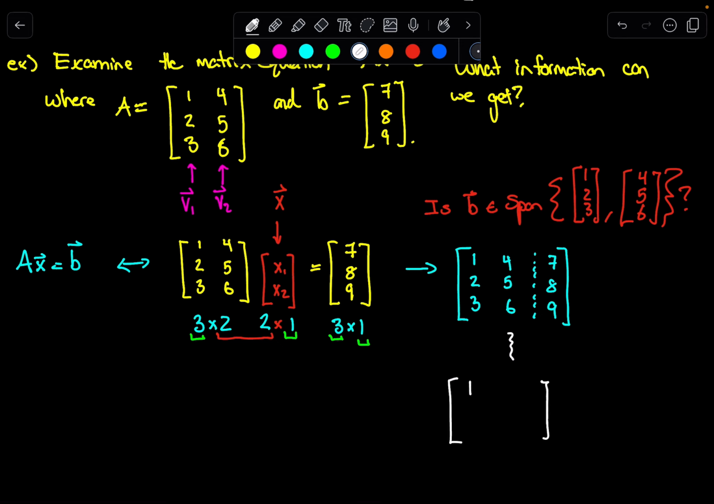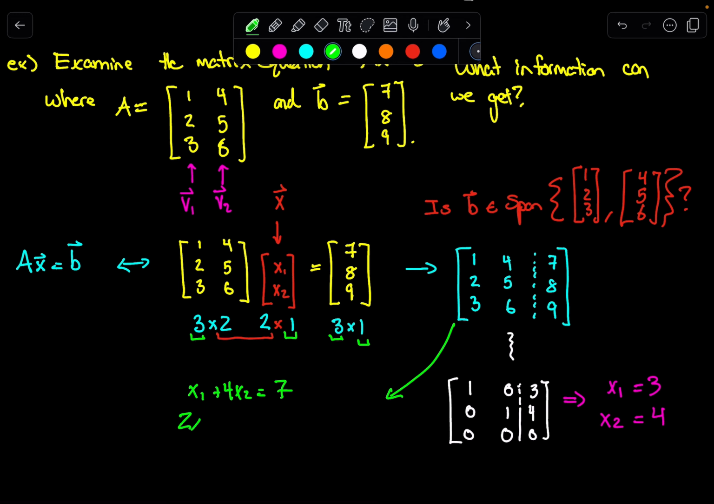We get 1, 0, 0, 0, 1, 0, and then for the right part, we're going to get 3, 4, and 0. So I claim that writing it in this form implies that x1 is equal to 3 and x2 is equal to 4. This should make sense. Why does this make sense? Because if in your head you relate this back to a system of equations, this was solving the equation x1 plus 4x2 is equal to 7, 2x1 plus 5x2 is equal to 8, and 3x1 plus 6x2 is equal to 9. That matrix corresponded to this,